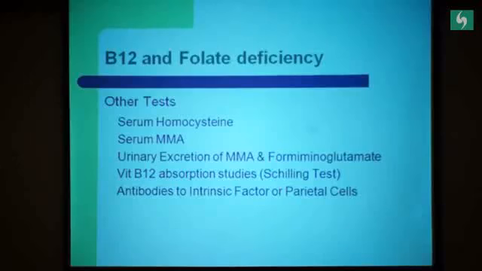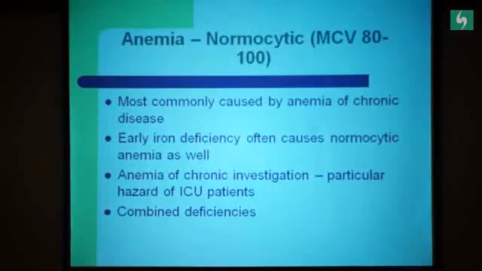Now patients who have pernicious anemia, we have patients who have familial pernicious anemia. These people have either antibodies to intrinsic factor or antibodies to parietal cells, or there are patients with achlorhydria. So these people will never absorb B12. So if somebody is not improving on B12 and you actually think it's a B12 deficiency, then we can order these tests, antibodies to the intrinsic factor and parietal cell.